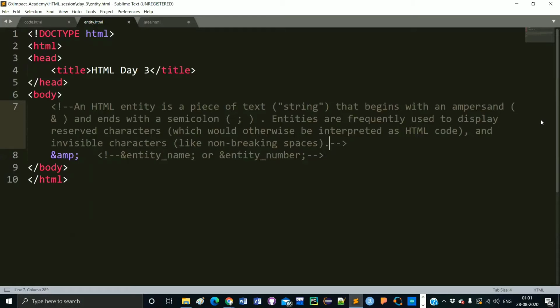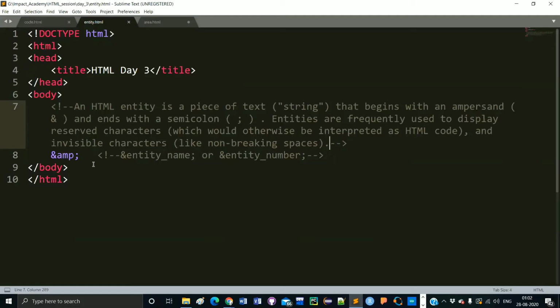Here I just give an example. I have written here ampersand amp semicolon. So in between the ampersand and semicolon I have written amp. AMP basically stands for ampersand. That is actually a reserved character in HTML, and this is the entity name for the ampersand symbol.